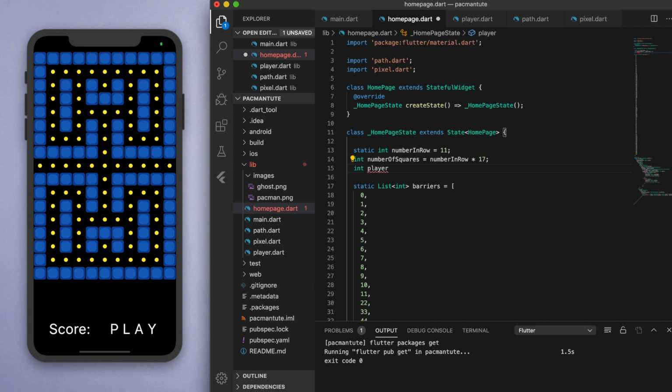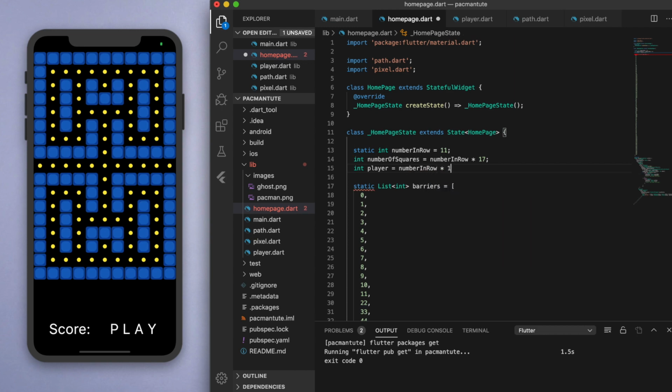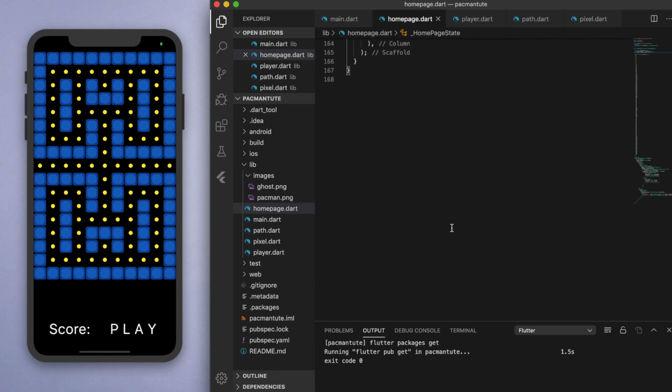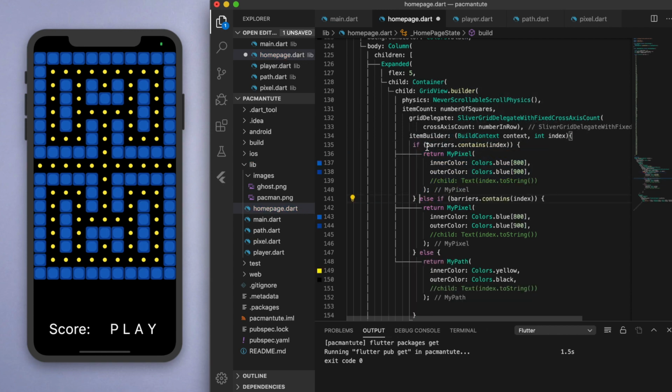build a player position. I'm just going to call it player. And let's make him start like there. Okay, which is just number in rows times 16 plus 1. So yeah, just a little bit of math just gets us there. Which means when we build our grid, we can now say another if statement. So the first thing, I want to say if player equals the index, then